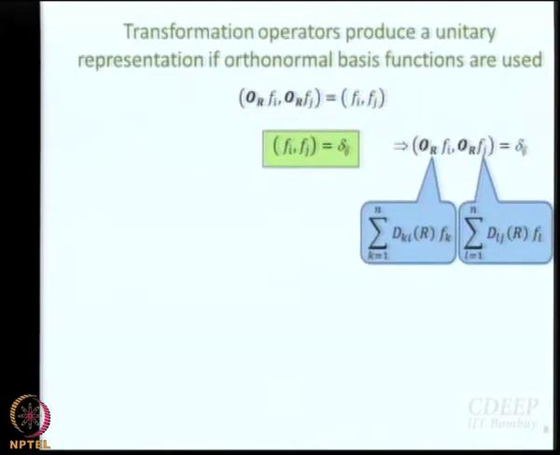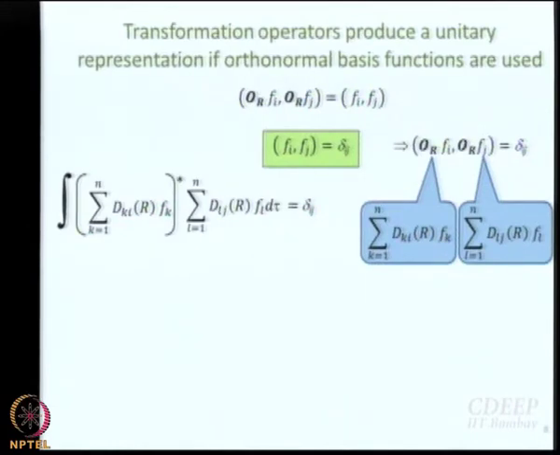Now, what is the definition of scalar product? Integral f1 star f2 d tau. If I write that integral, I get this a little bit scary looking integral, but it is not actually scary. It is just integral f1 star f2 d tau. It is just that f1 is a little big. Okay. Is it still scary, or is it okay? It is fine, not scary.